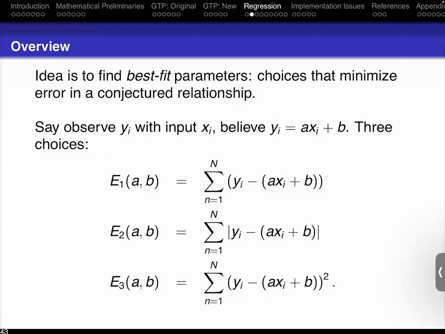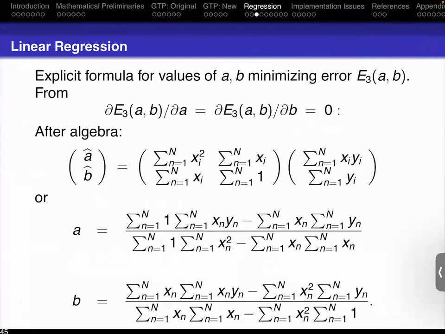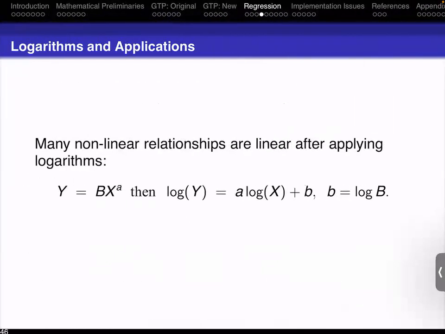If you use absolute values, we have to use numerical techniques to find the answer. The way I like to phrase it is, if I'm being hired, I like to use squares. If I'm hiring someone, I want them to use absolute values. The absolute values are less sensitive to one bad data point. One bad data point can have a tremendous impact when you're using squares, because 1 error of 2 is much worse than 2 errors of 1. Okay, so I'm not going to go through it, but you can write down an explicit formula. You can set up matrix equations and explicitly write down what A and B are in terms of sums of everything. So that's a wonderful thing.